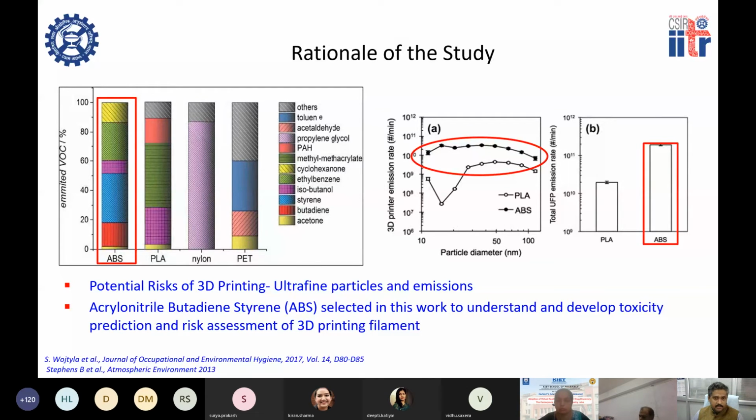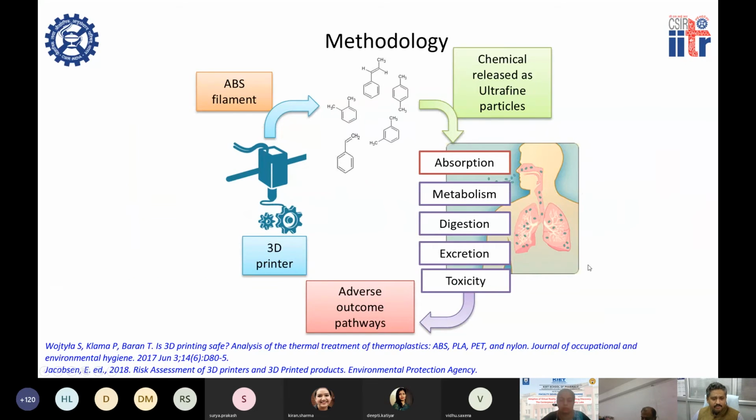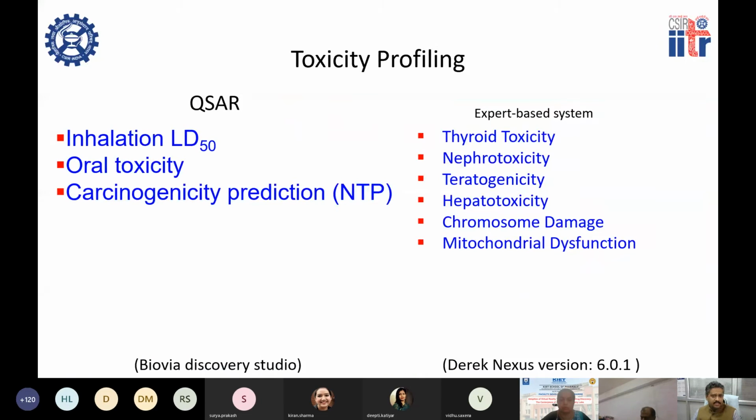right? Drug screening process. So when we looked at this particular issue, we saw polylactic acid and ABS filaments. ABS has a high emission potential, so we thought of creating a smaller data set. What are the components of this particular ABS fiber? We found around 40 chemicals are released, and we collected those chemicals and started predicting various key parameters like absorption, metabolism, digestion, excretion, and other toxicity endpoints like QSAR-based endpoints and expert-based endpoints like inhalation toxicity,